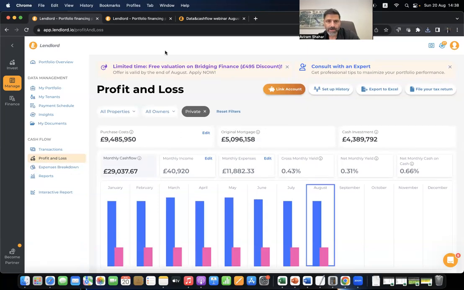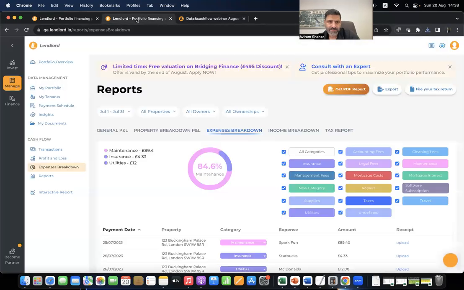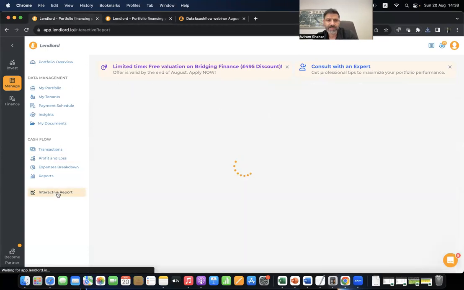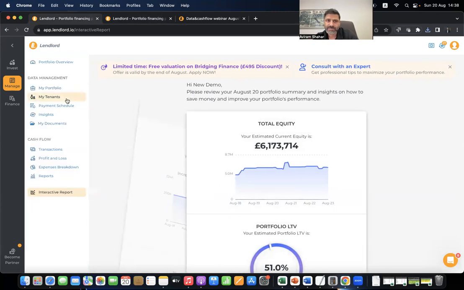All right. So I think that now it's time for questions and answers. But before we go to the question and answer, one last thing I wanted to show you is the interactive report. So let's say that you manage all of your properties on Lendlord, your tenants and tenancies,